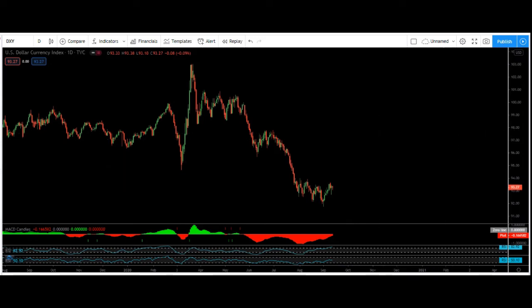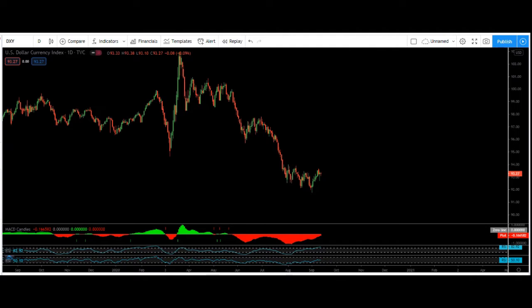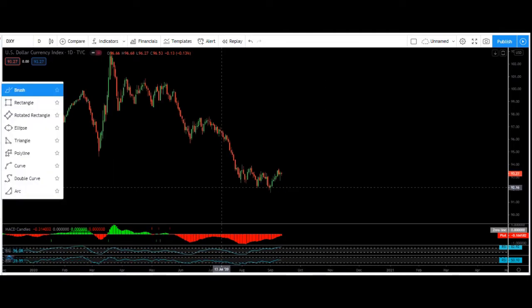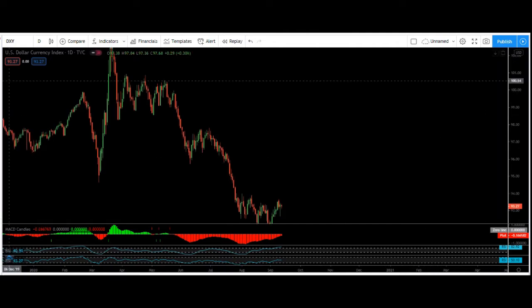Dollar index, now we are based on the daily chart. We want to see how we can analyze for the next week. As we can see here, we're having the correction. All right, and now we want to see, we have a sharp move. We want to see what this correction gives us, because as we can see here,